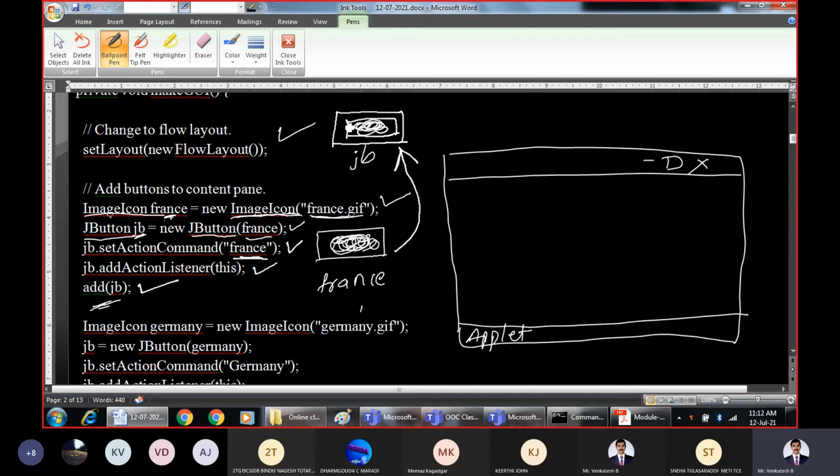What is JB? JB is this button. If we assume that this is the content pane, then JB will get added here. Actually this is the button which will get added. It may not be exactly like this whenever we execute. And for this the label given could be France.